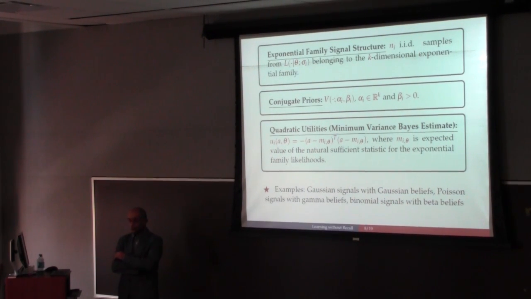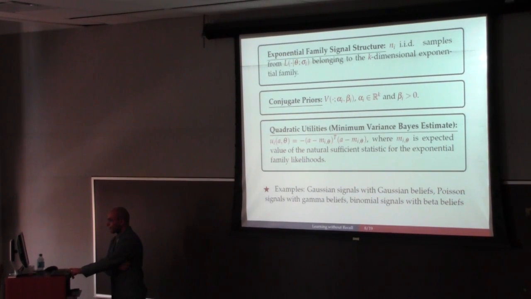But suffice it to know that to each exponential family distribution there is a sufficient statistic, and the goal of agents in our model is to estimate the expected value of that sufficient statistic. And its expected value depends on theta. In that sense, they want to determine a function of the unknown theta. And this estimation should be with as little variance as possible. That's why it's a quadratic utility.